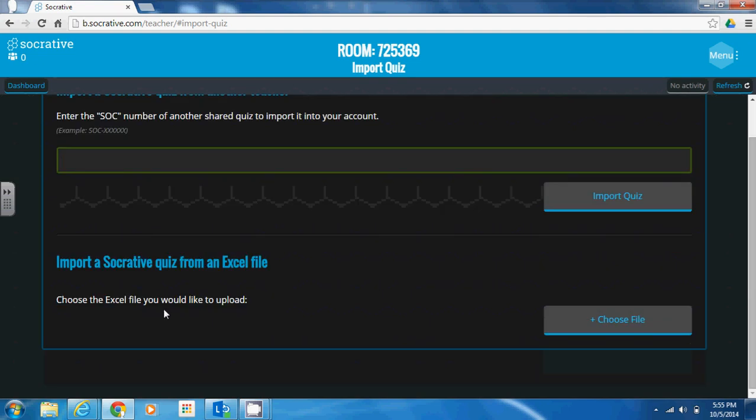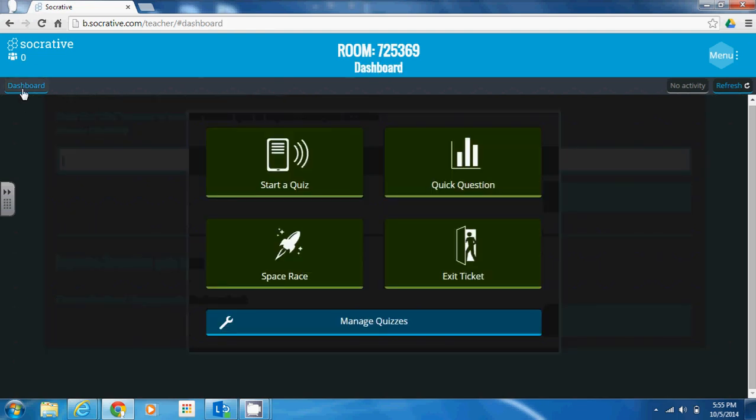You also have the option to download an Excel file from Socrative and actually develop the quiz in the Excel file and upload it into Socrative rather than using their built-in quiz creator. This is just a matter of preference. So if you would rather create your quiz in an Excel file and upload it, you have the ability to do that as well. So going back to our dashboard, let's go ahead and actually see what this looks like